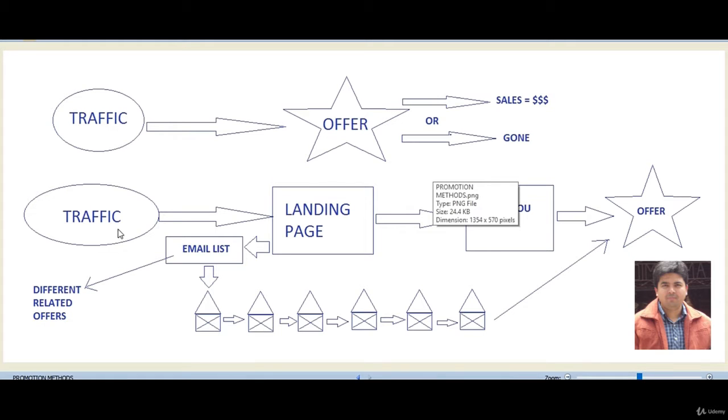This is method 2, wherein you send the traffic to your landing page, lead capture page, opt-in page, whatever you call it. At this page you capture the name or email ID, or at least the email ID of the visitor, and that person comes into your email list. Then you redirect the person to a thank you page if you want, or directly to the offer. Now if the person buys the product, good for you, you get the money. If he doesn't buy at that point and leaves the site, you still have his email ID with you,